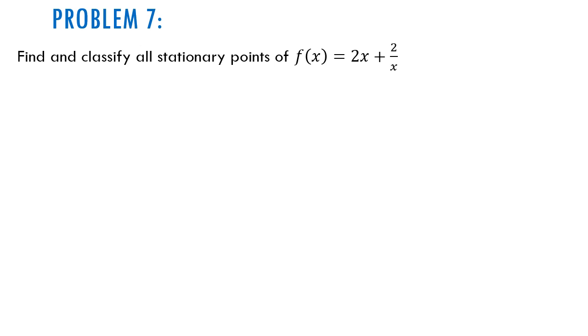All right, so this one is a bit different than the other, so I want to go over one like this. Find and classify the stationary points just like before, but this time it's a little different. We have an x in the denominator, and when that happens, we have something called an asymptote, a location on the graph where the line just cannot pass. So we end up having an asymptote,